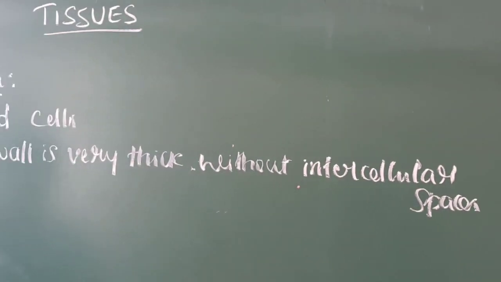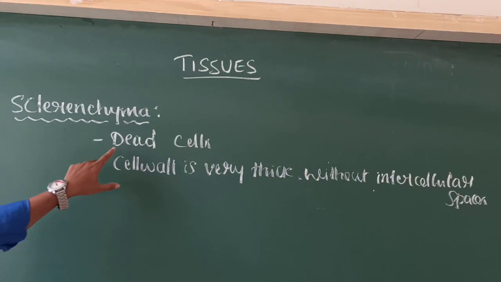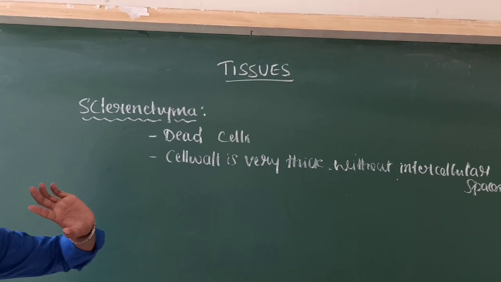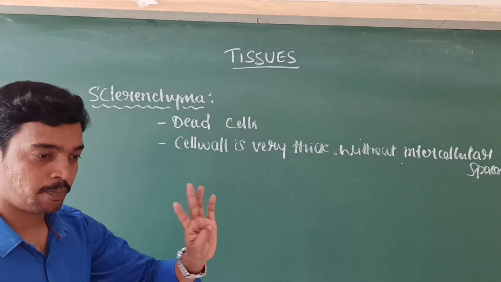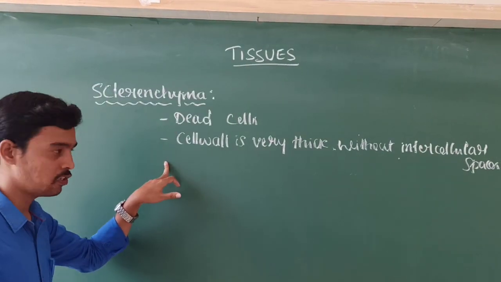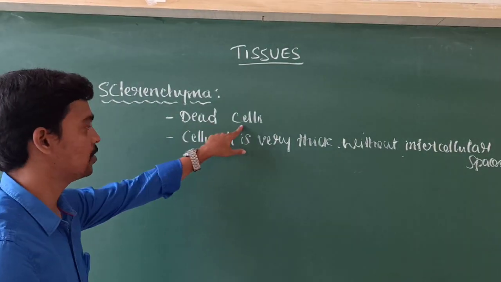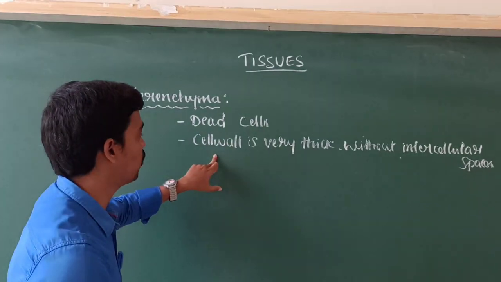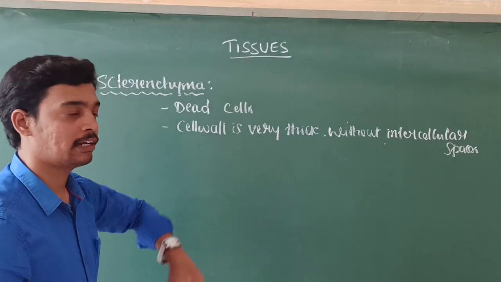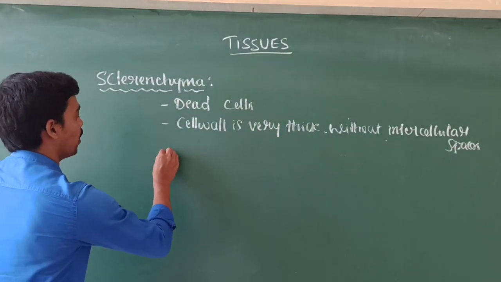Parenchyma and collenchyma are living in nature, but here the sclerenchyma cells are dead in nature. The cell wall is very thick without any intercellular spaces, and it also